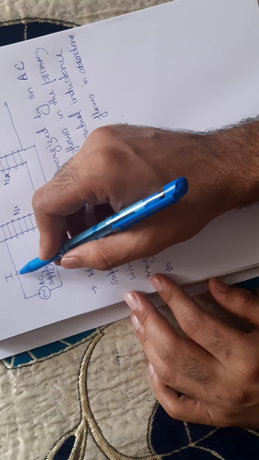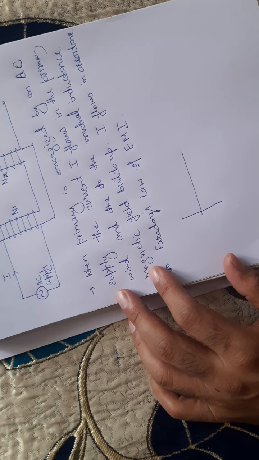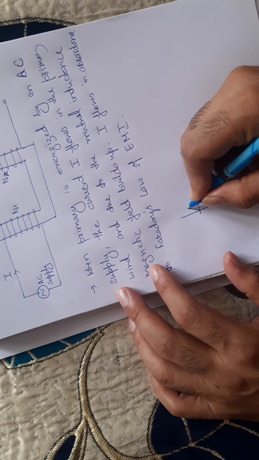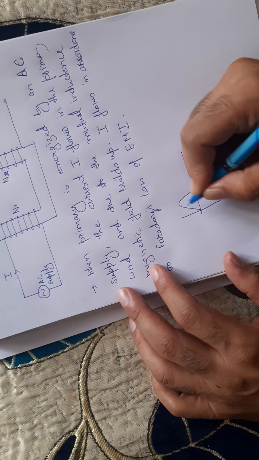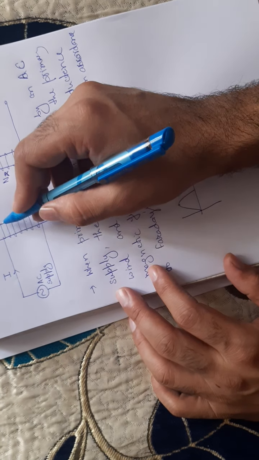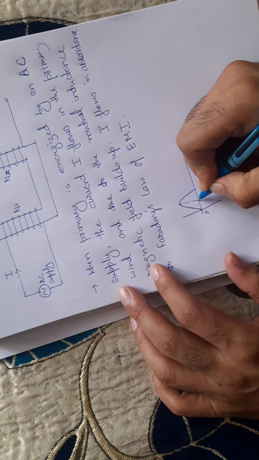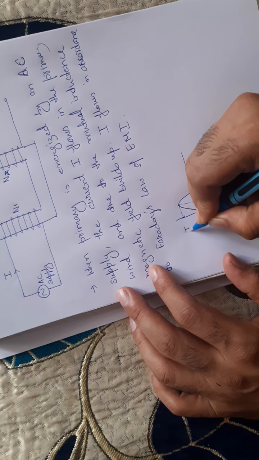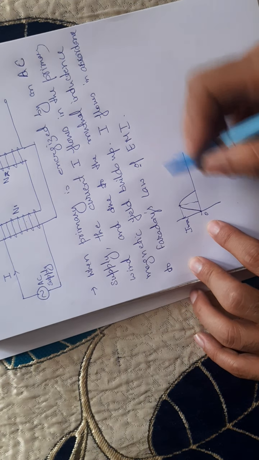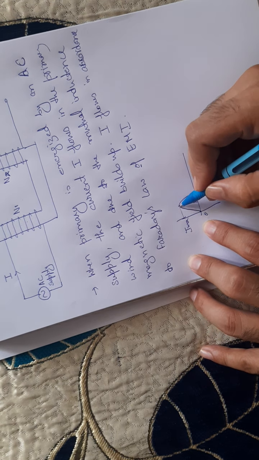Okay, and the current that is flowing, I am saying initially the current is 0. When the current is 0, the flux is also 0. So as the current starts building up from 0 to its maximum value, what will happen to the magnetic field? The magnetic field strengthens. Okay, this is 0, this is maximum, I am saying this is I max. Why does the magnetic field strengthen when current moves from 0 to its maximum value?